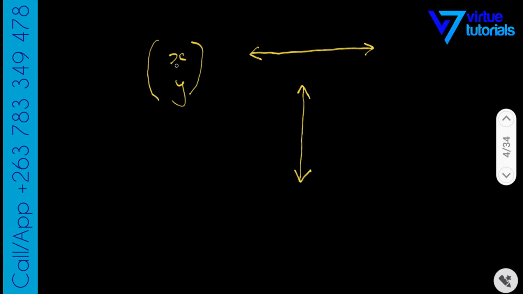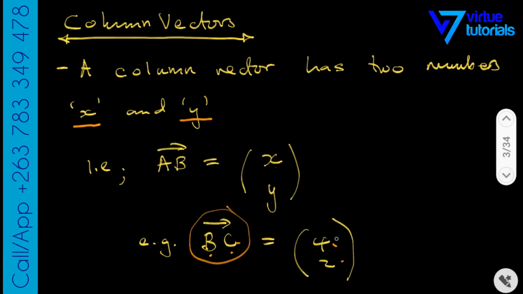So the first number is talking about steps in the x direction, right? So the x direction means right or left. So if the number is positive, it means you're moving right. If the number is negative, it means you're moving left. So in this case here for our BC, we had a positive 4. So this means 4 steps to the right,